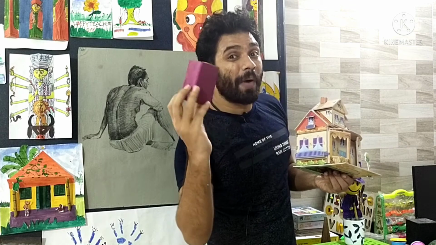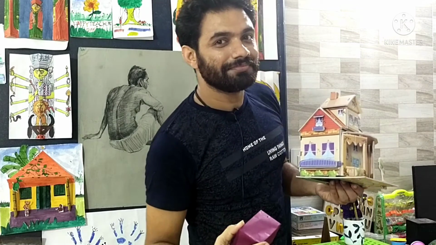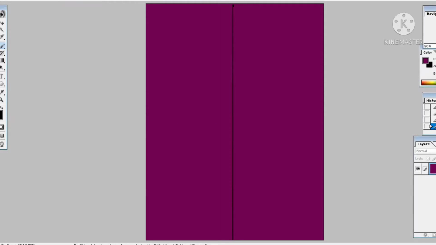So let's learn cuboid shapes. I have taken an A4 size magenta color paper, and all the measuring will be in cm. You can see I have drawn a line in the middle. The line should be in the middle approximately. Now I am drawing two more lines on the left and right, and I have measured 2.5 from our middle line. So the total will be 5 cm from top and also bottom. This way we can get a straight line on the right and left of our middle line.